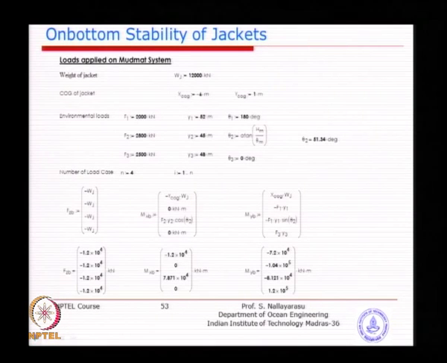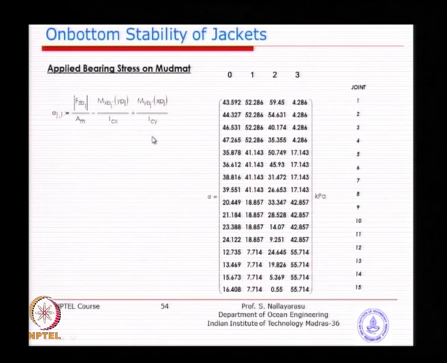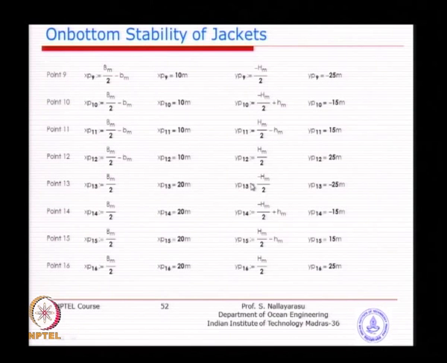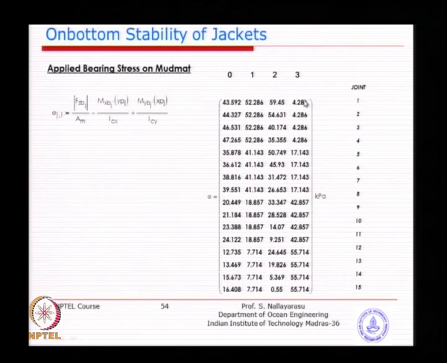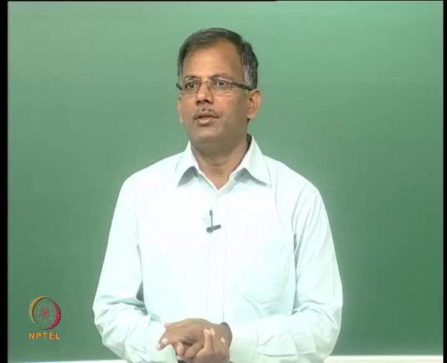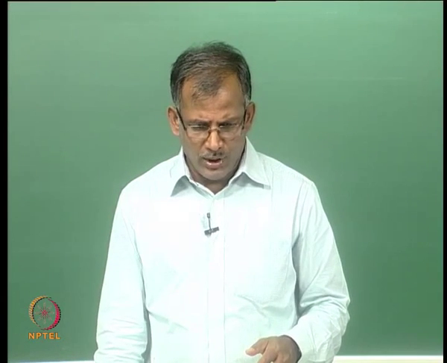That is what is done in this particular example, using this formula: the vertical load divided by the area, and then the moment produced by the horizontal load divided by the moment of inertia, multiplied by the coordinate of interest. All 15 coordinates have already been assigned for each and every point, so you can simply find them. This is the matrix of pressure, the total pressure applied by the jacket and the environmental load, for various loads and various points.